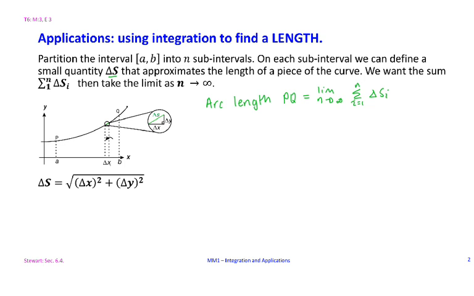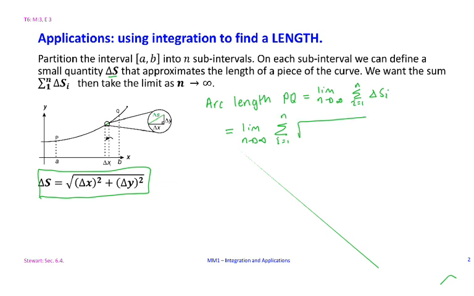And of course we have an expression for delta s from the previous slide, which is the limit as n goes to infinity of the sum from i equals 1 to n of the square root of delta x all squared plus delta y all squared. Now if we divide through, so just looking at this section here,